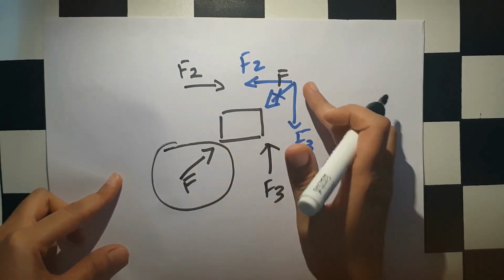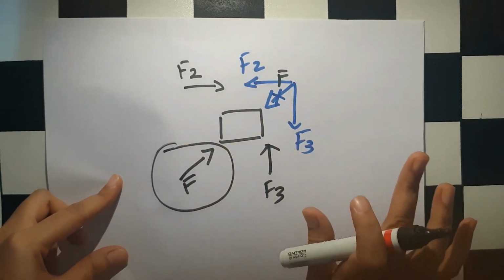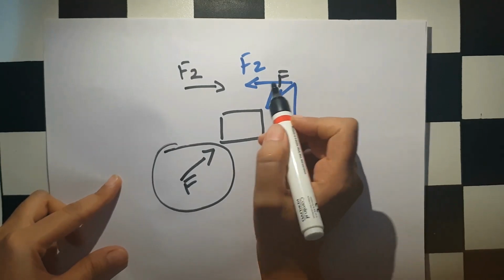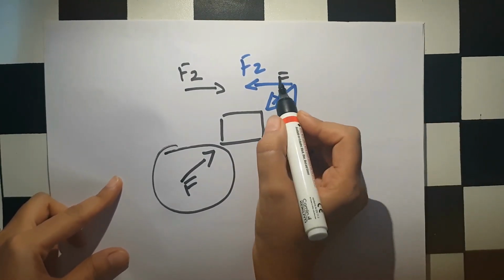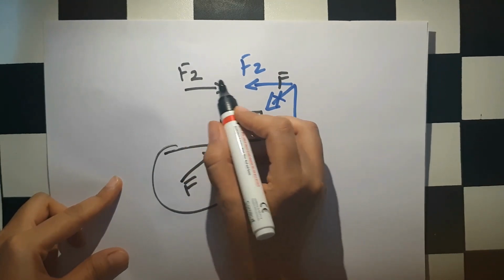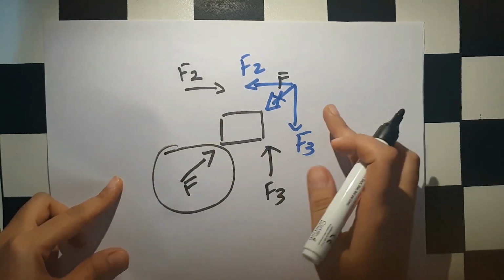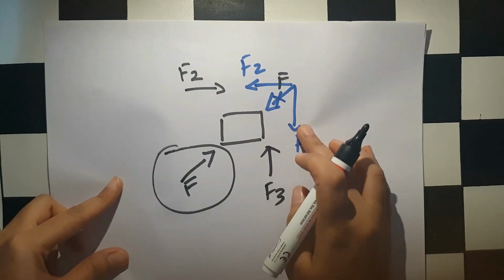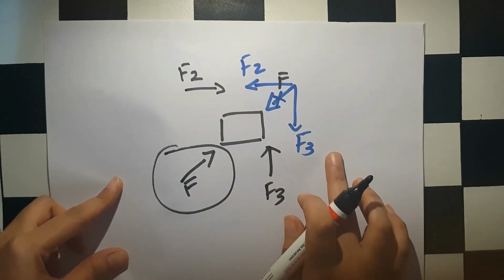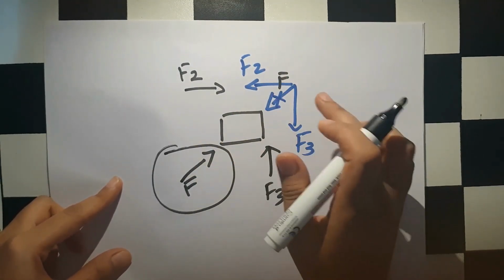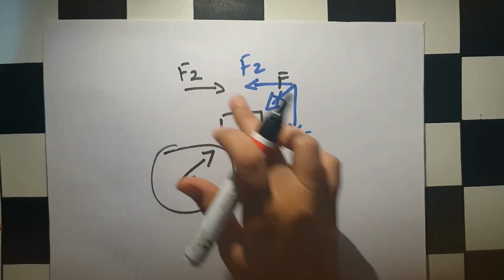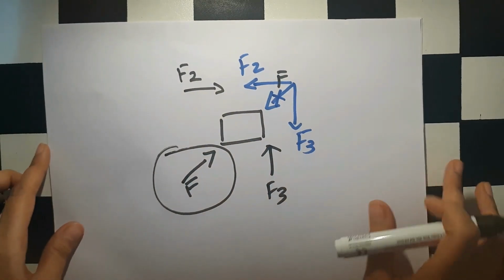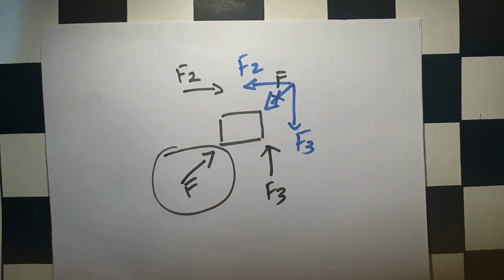So we got F2 and F3, and you know how to find their magnitudes. Now this force is in the horizontal direction and this is in the vertical direction. Now you can oppose this horizontal force because there is no constraint over here, and you can oppose this vertical force because there is no constraint here. Since you now know the resolution of forces, you can apply these constraints and restrict this object from moving.